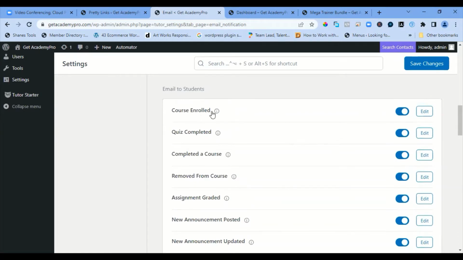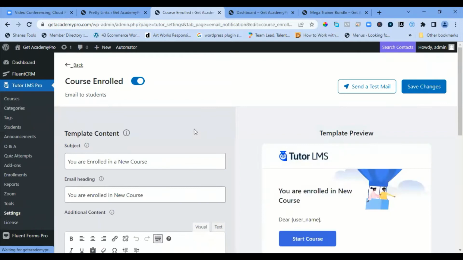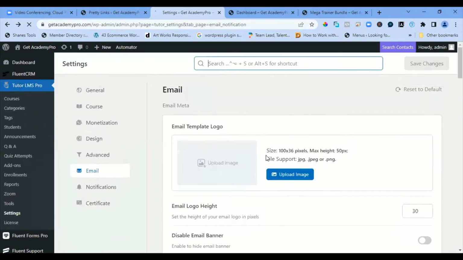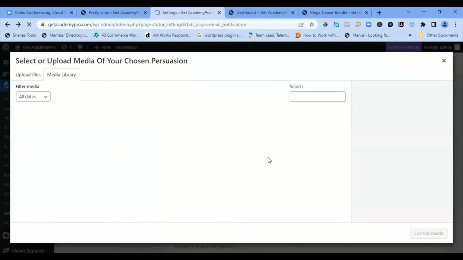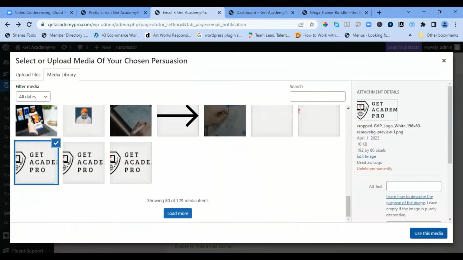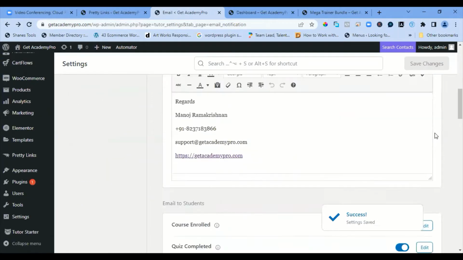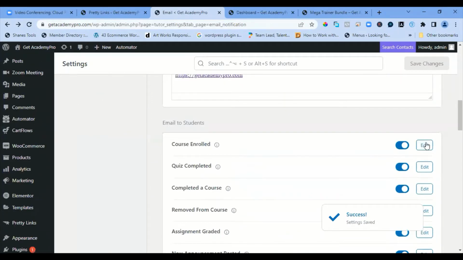Now if any student gets enrolled, you can edit the email also. And okay, I will just go back. I'm sorry, I should have saved the changes. Because of that, the logo didn't turn up. So I'll save changes. And you can go and edit it, saying that, okay,